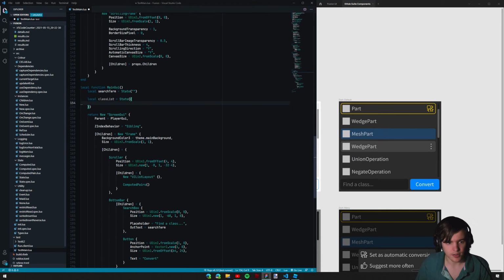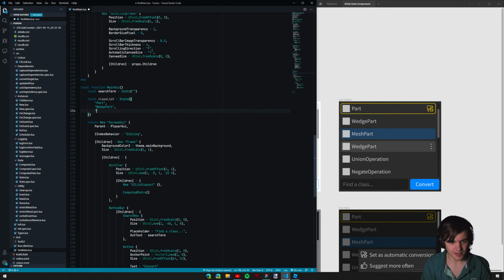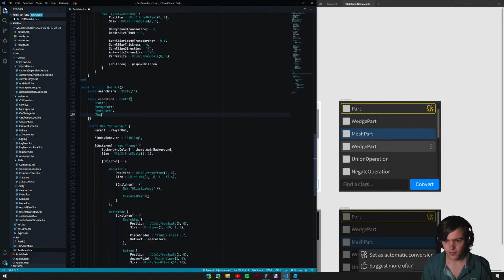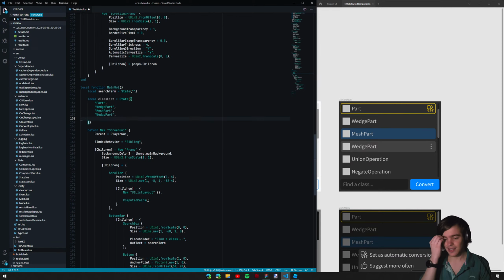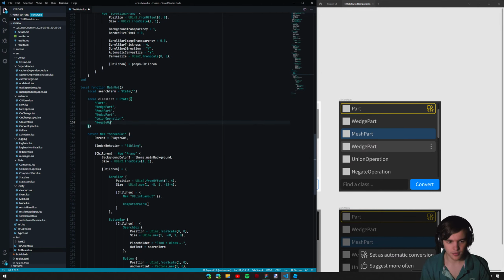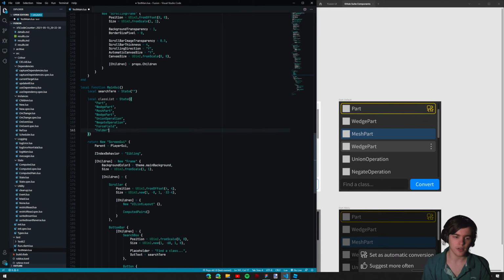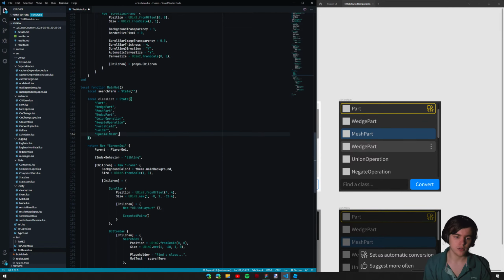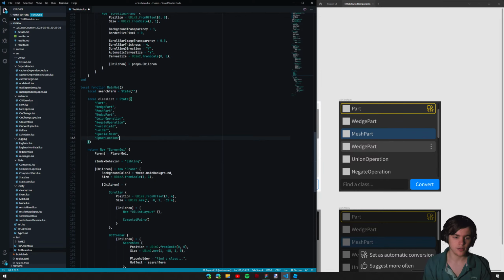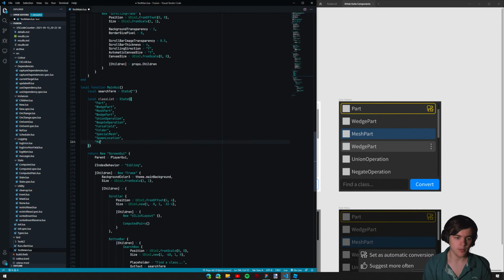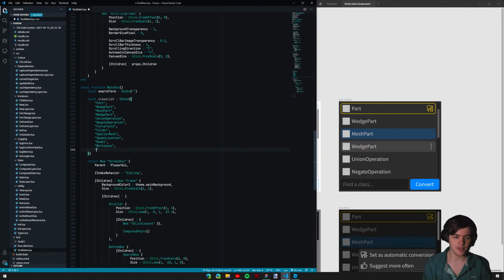What things do we have in here? So we're going to say part, wedge part, mesh part, wedge part again. Okay. Fair enough. That's a bit of an interesting one, from the past. Union operation, negate operation. I'll just throw in a couple of random ones to make it scroll and stuff. So force field, folder, special mesh, spawn location,